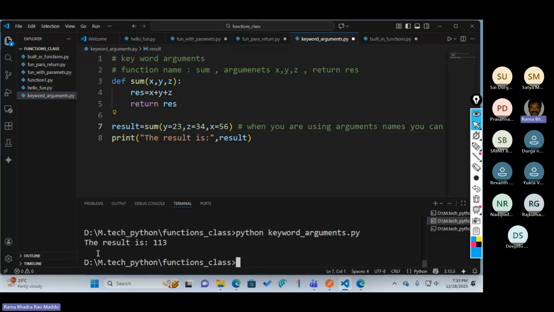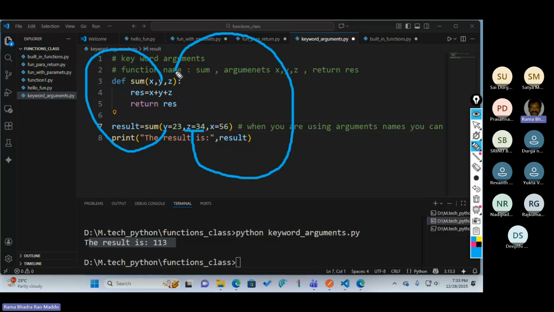Now it is giving the result of 113. It is correct. What is happening here? It will check the first argument; we gave y equal to 23, so it is directly passed to y. The second argument is z, so it will pass it to z. Third, it is going to x, so it is passed to x.